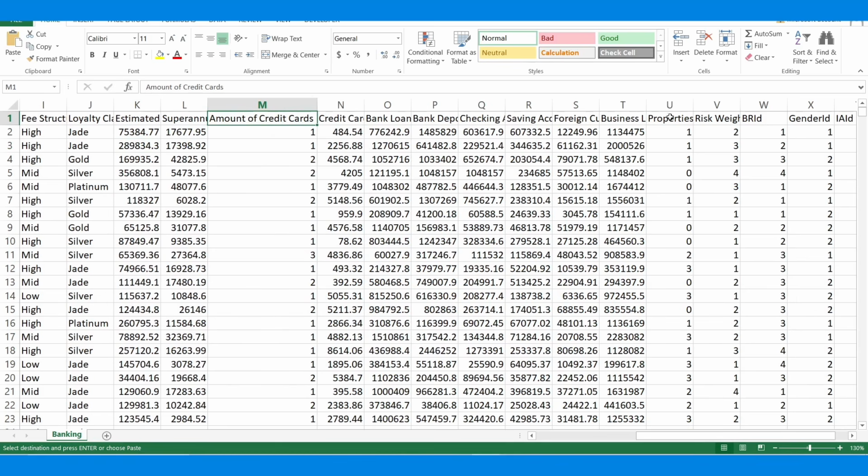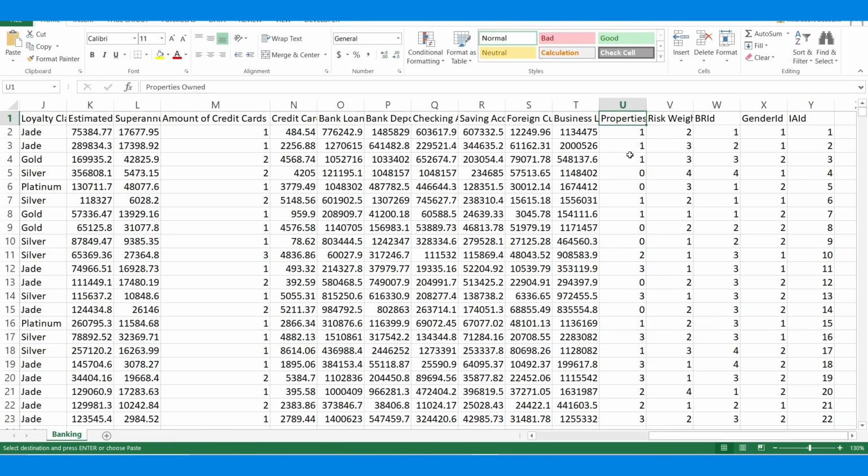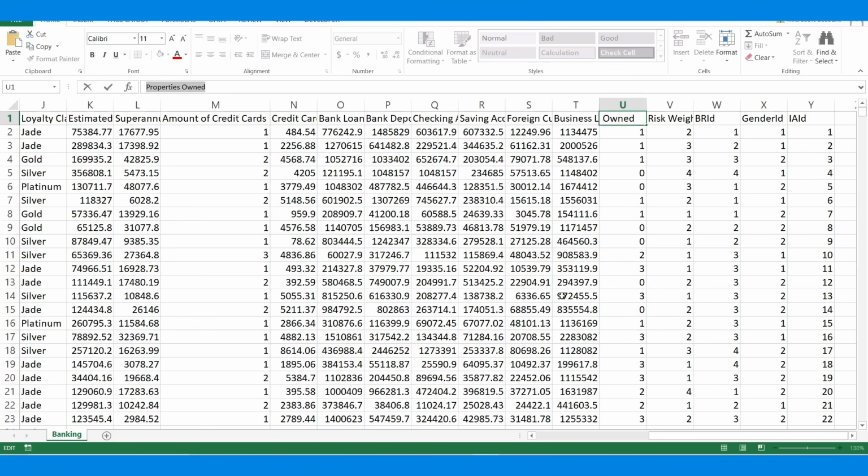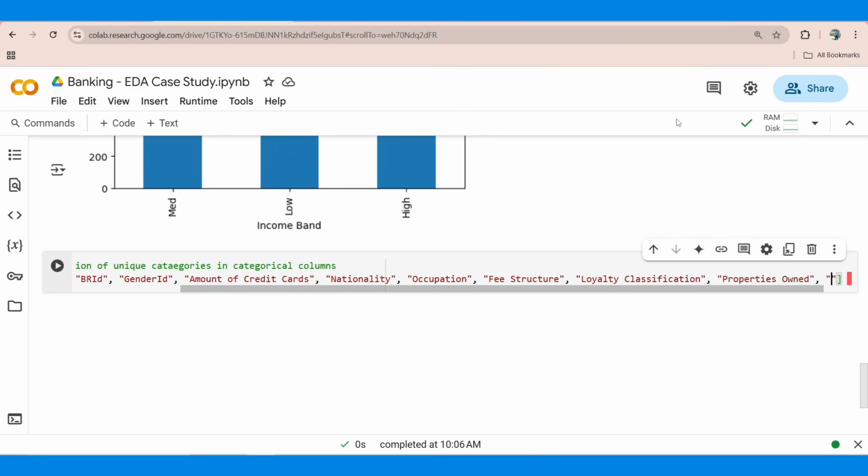Amount of credit cards we did, right? Properties owned, and then what else? Properties owned, and then risk weighting,